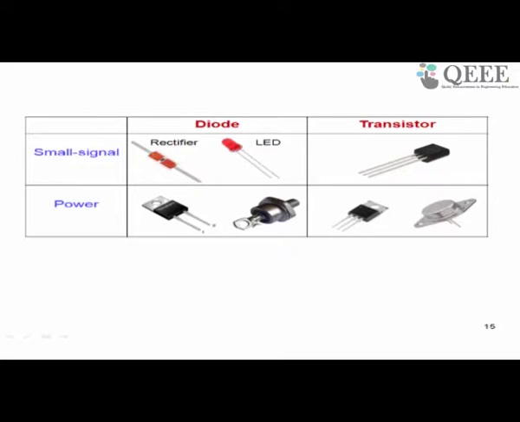What you also find is that the power devices have some sort of an arrangement to enable us to fit them to a heat sink which can remove a lot of heat that is generated in the device. Now what is the heat generated in a device? You know that it is given by the current through the device multiplied by the voltage across the device, IV. That gives you the amount of heat generated per unit time, power dissipated.